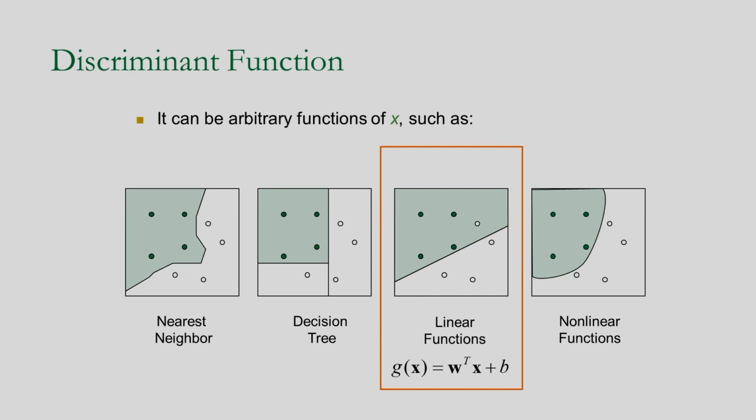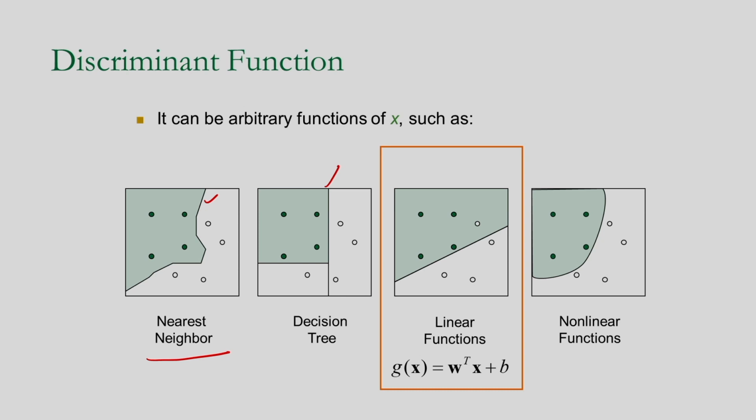And here I have shown some decision boundaries. You can see first I am considering the nearest neighbor classification, so you may get a decision boundary like this. This is the decision boundary between two classes. In case of the decision tree, this is nothing but the binary decision, either yes or no. That type of decision I can consider by considering the decision tree, and corresponding to this I may get the decision boundary like this. That is the binary classification type classifier.